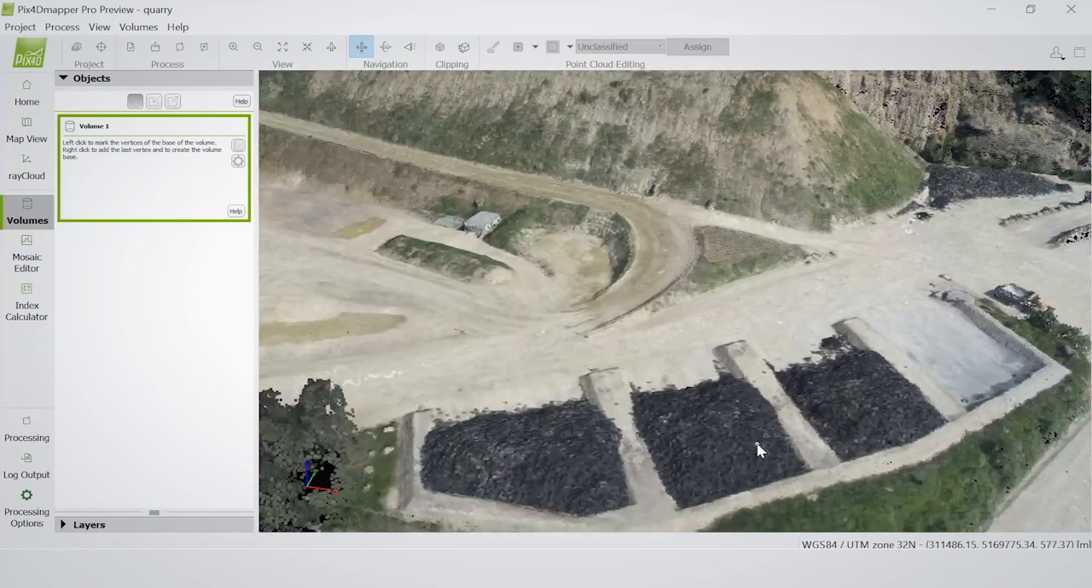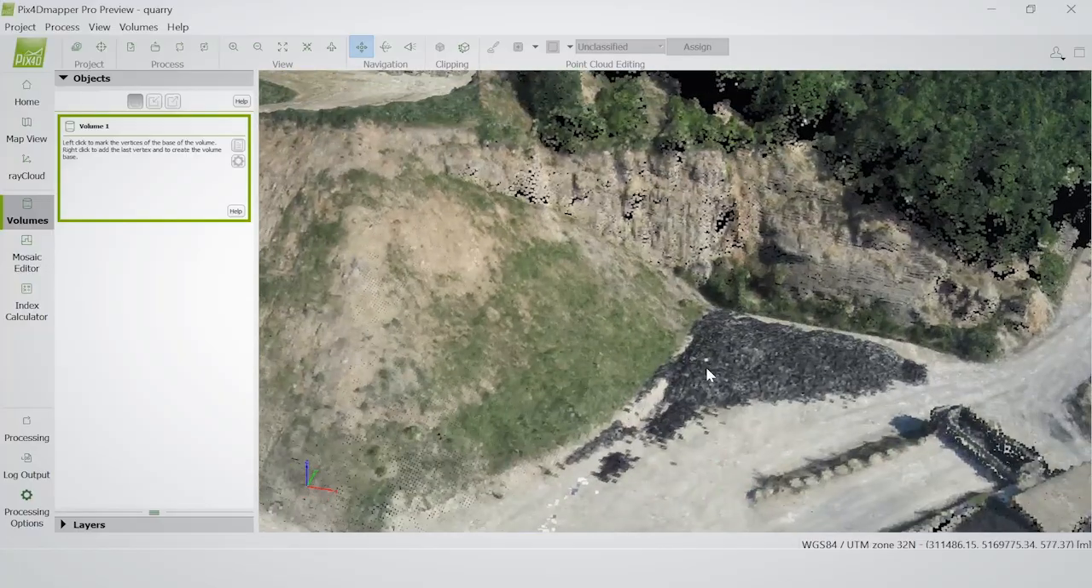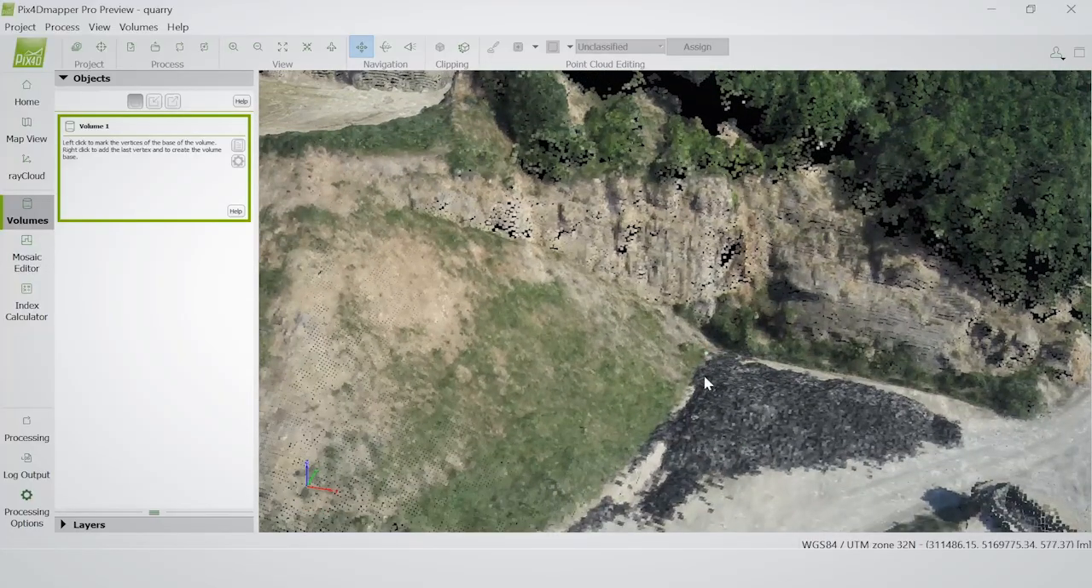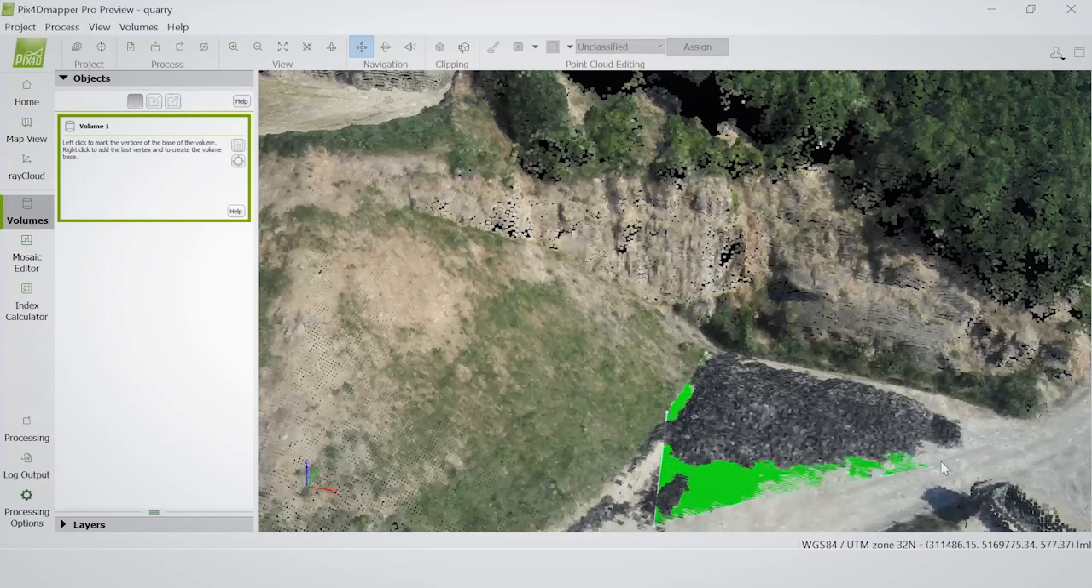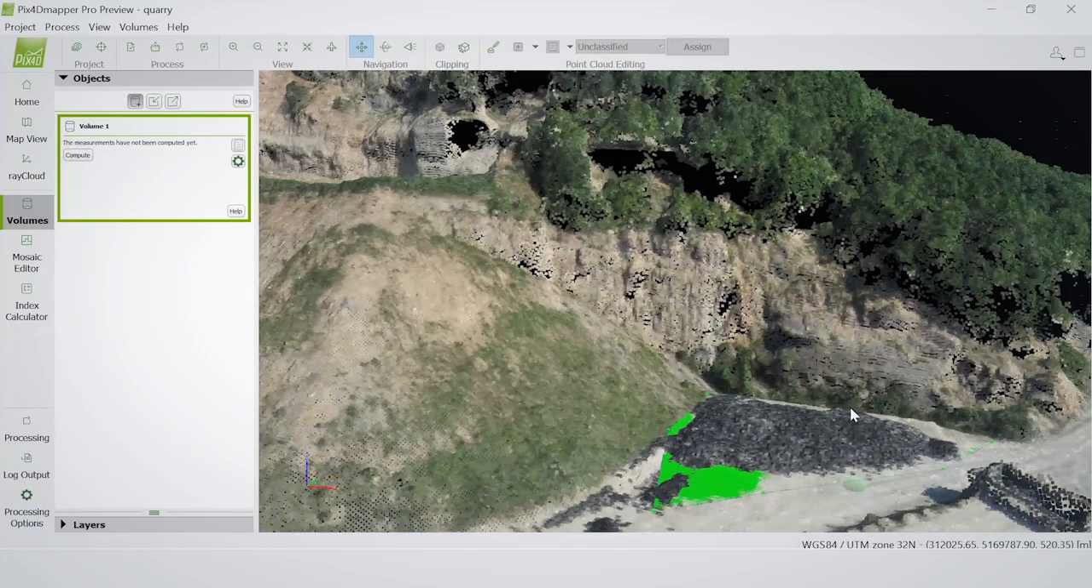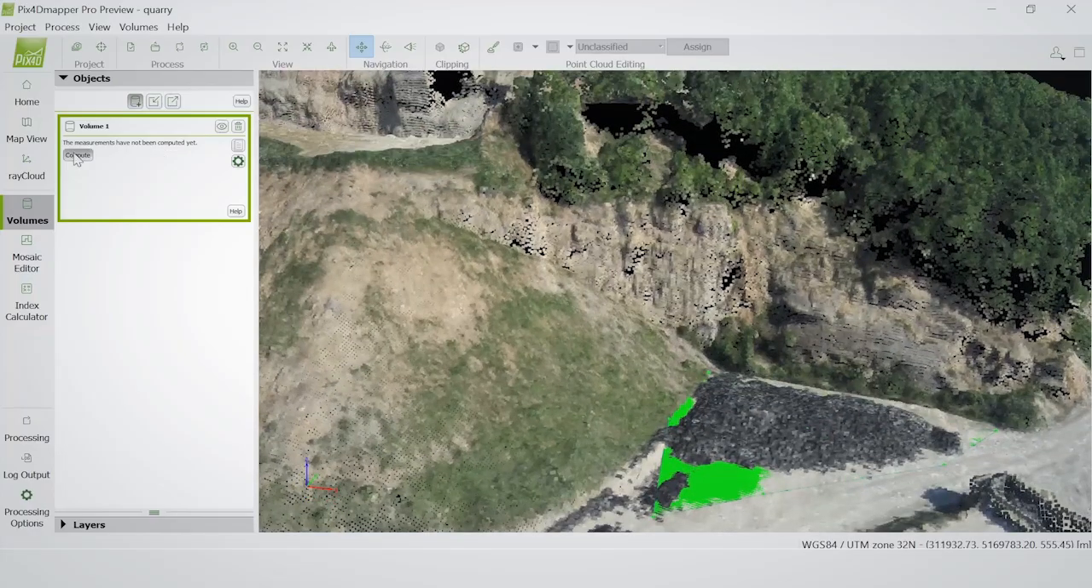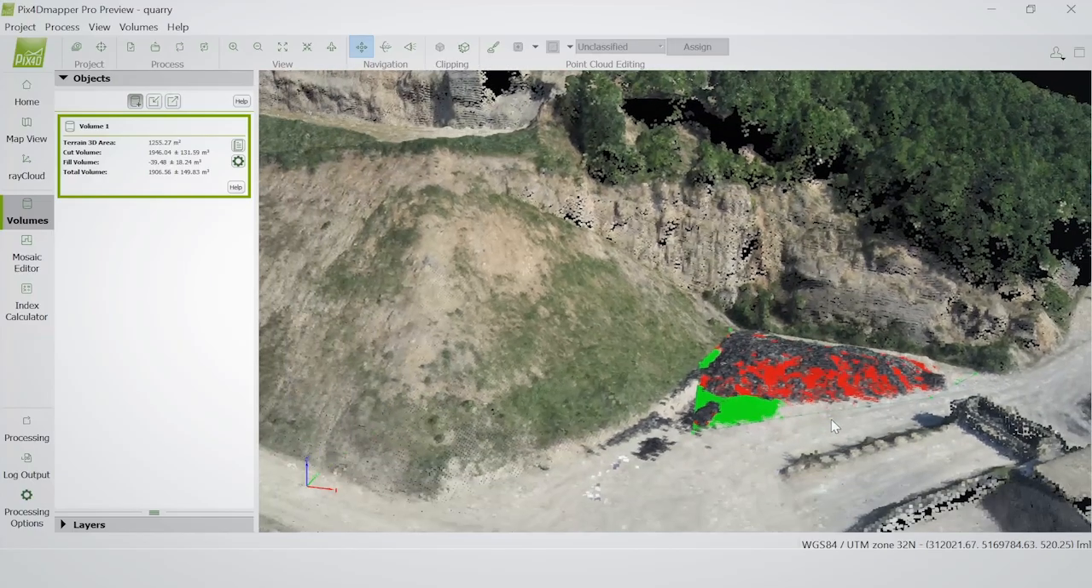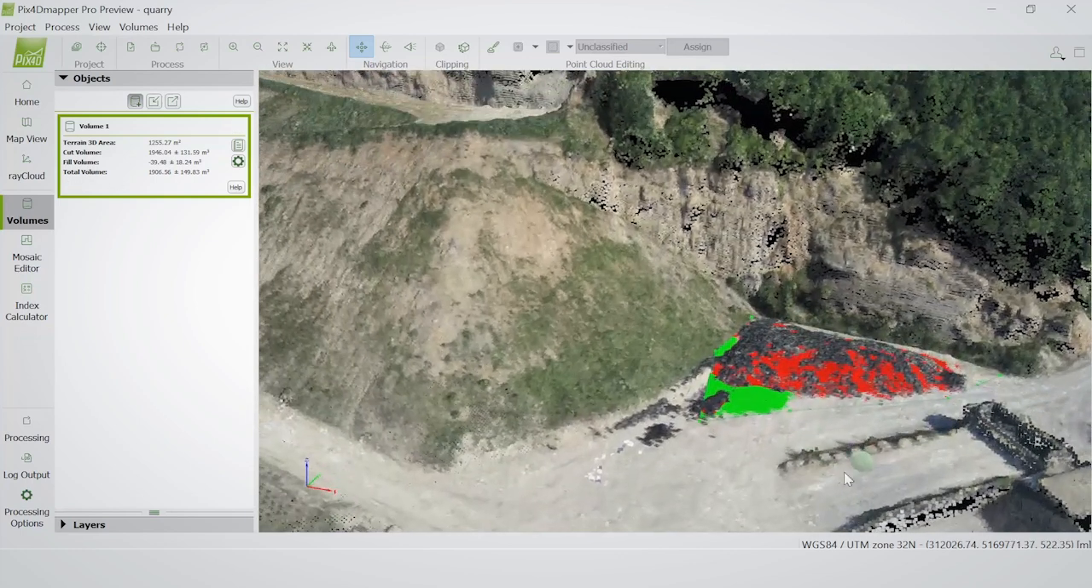Let's say I want to measure this stockpile here. So I'm going to start clicking, as such. So now I have my volume, and I can compute the different characteristics. So I have the cut volume, fill volume, and the total volume. And if I want, I can,